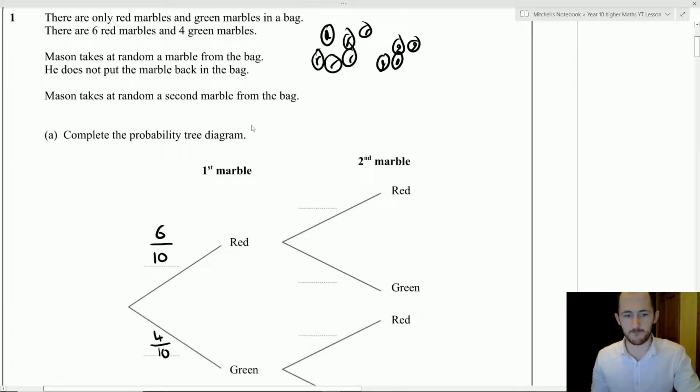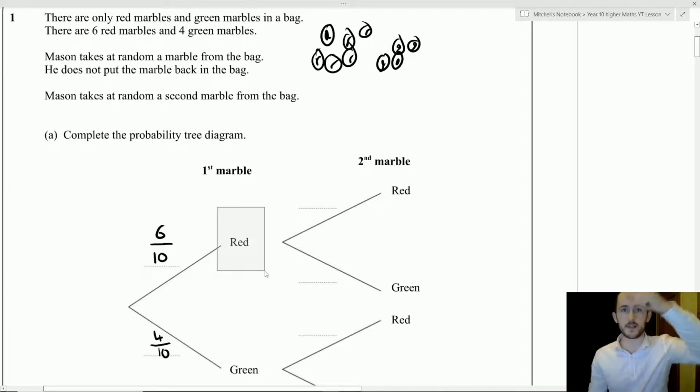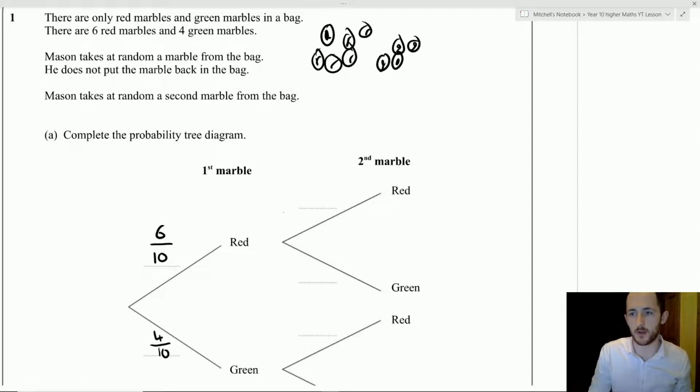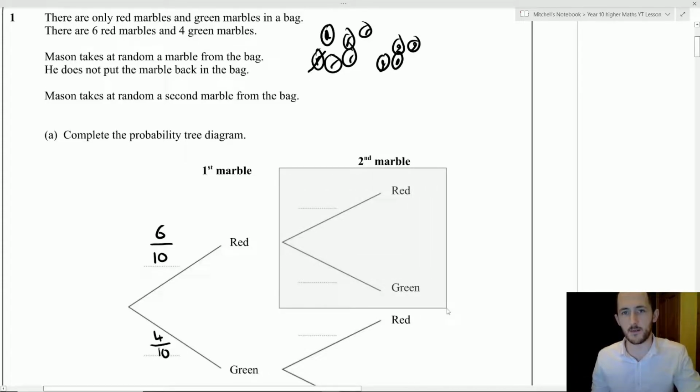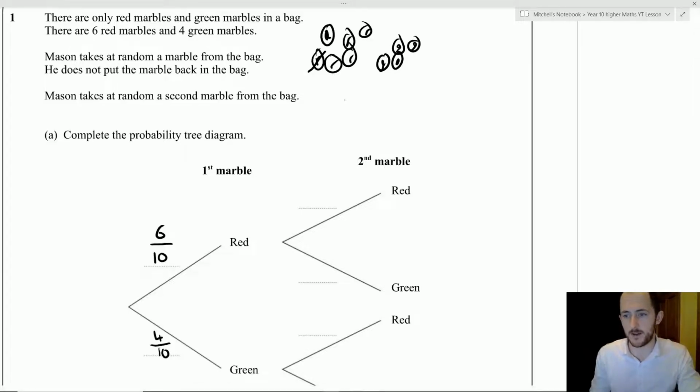Okay, let's look at the first possibility where when he pulls out the first marble, it's a red marble and he doesn't put it back. So if we wanted to draw that out, we could just put a line through here and say, he's gotten rid of 1 red marble. So now when he's pulling out the second one, what's the probability of him getting a red and a green? Well, how many red marbles do we have left? There's 1 fewer, so there's 5 now. So 1, 2, 3, 4, 5. So the top is now going to be 5. Now, how many are there in total? Well, we've taken 1 marble out from this first section here, so there's only 9 left. And again, if we counted up the marbles here, we have 1, 2, 3, 4, 5, 6, 7, 8,